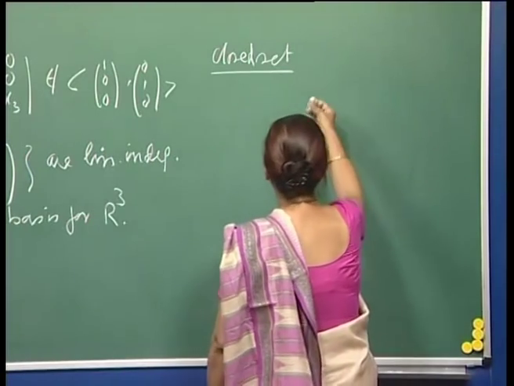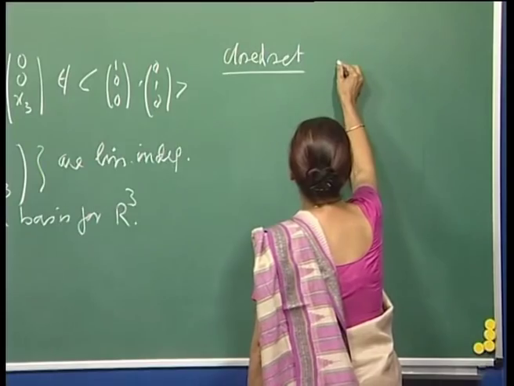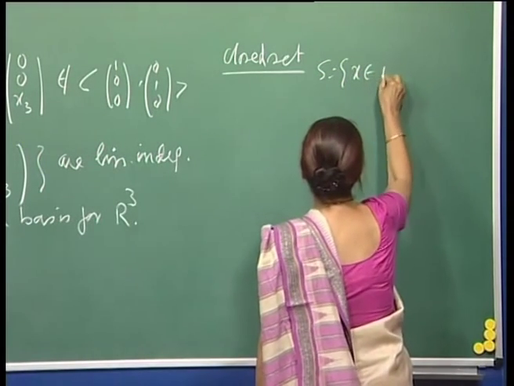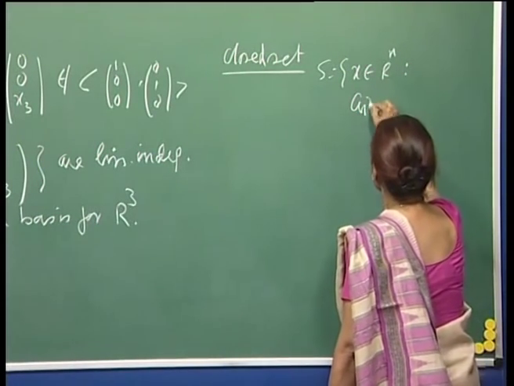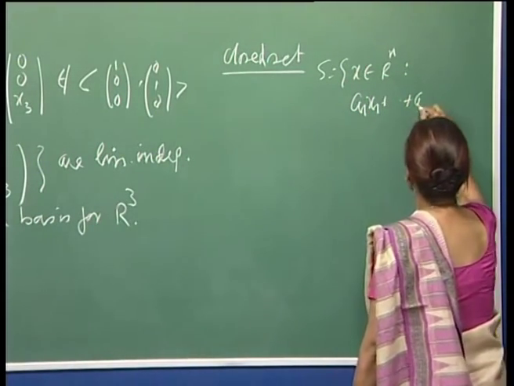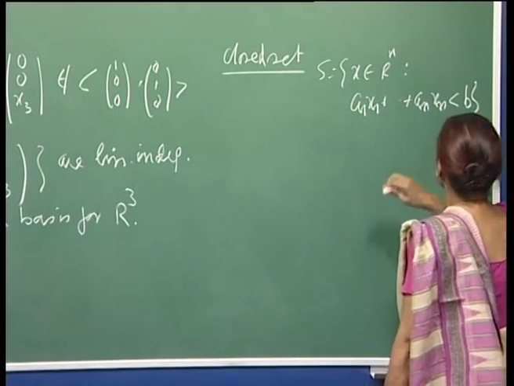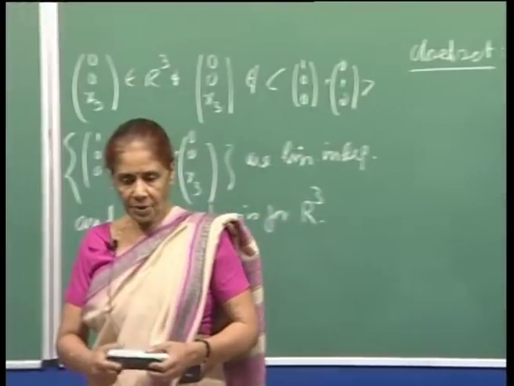For example, a very easy way of saying it: if I define a set S equal to x belonging to Rn, such that a1 x1 plus ... plus an xn is strictly less than b, suppose I have the strict inequality, then you can see that this is not a closed set,